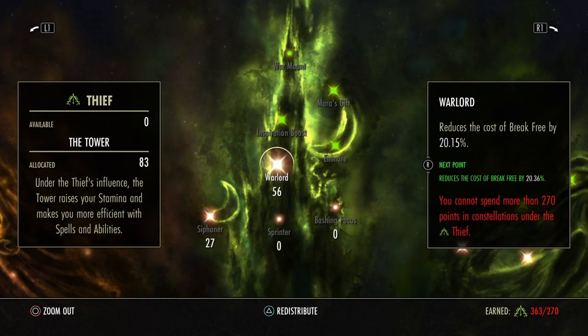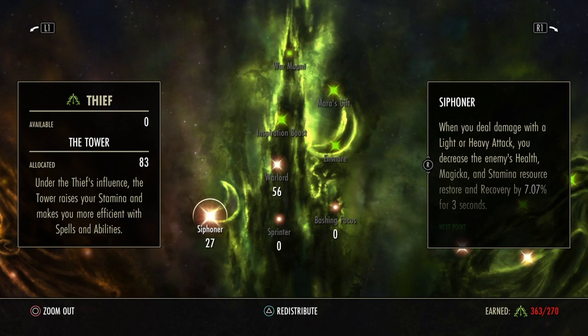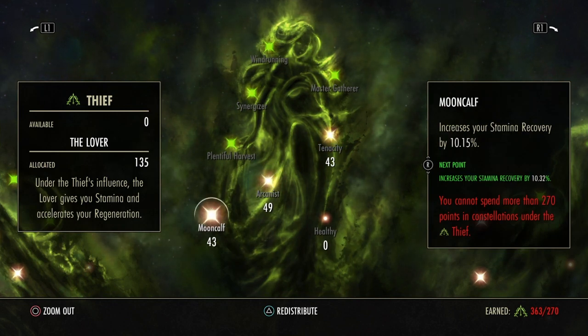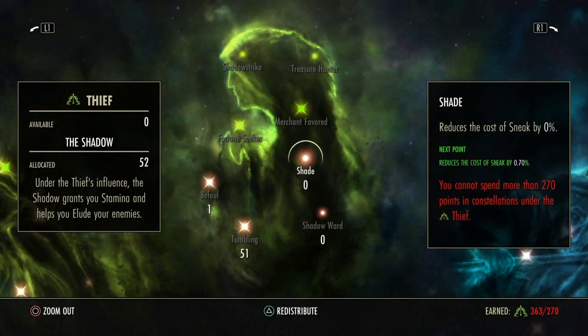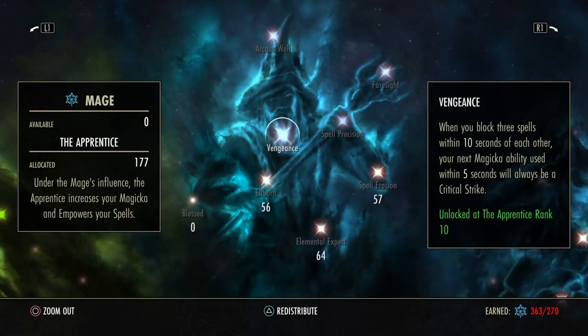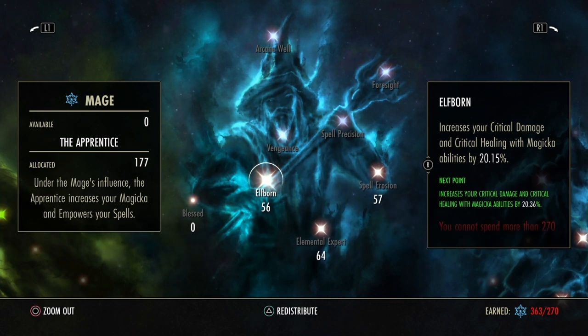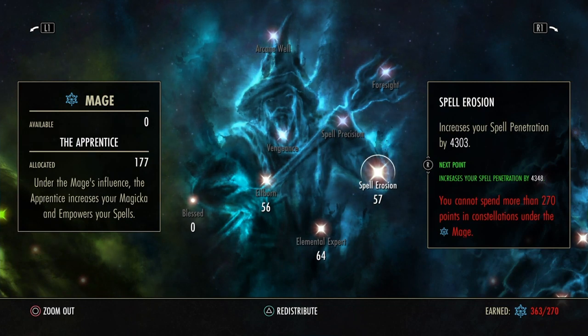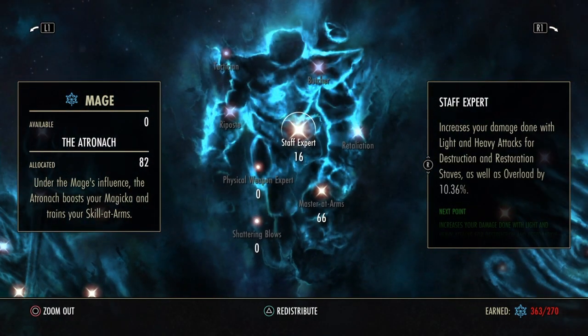Alright, for CP, 56 into Warlord, so we were able to break free. 27 into Siphoner to hit 7% to help drain our enemy's resources. 43 into Tenacity, 49 and 43 for our recoveries, and 51 into Tumbling, the extra point throwing it into Befoul. 56 into Elfborn, 64 into Elemental Expert, 57 into Spell Erosion, 16 into Staff Expert,